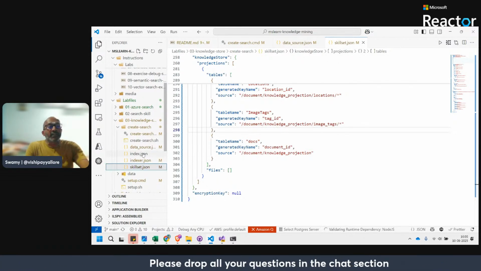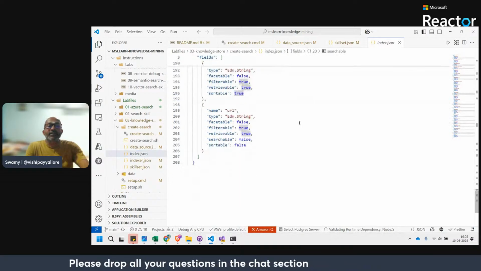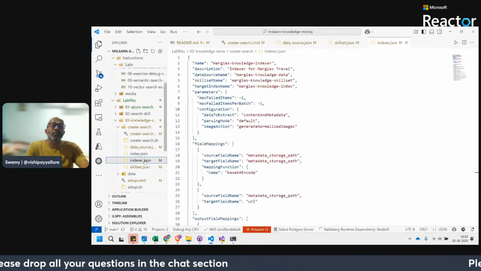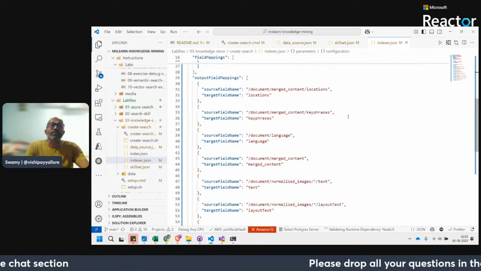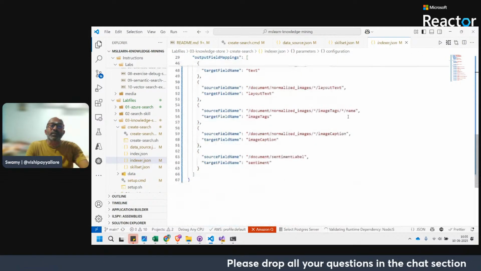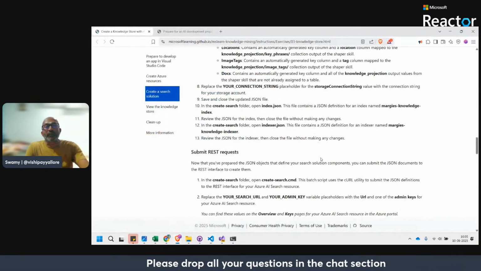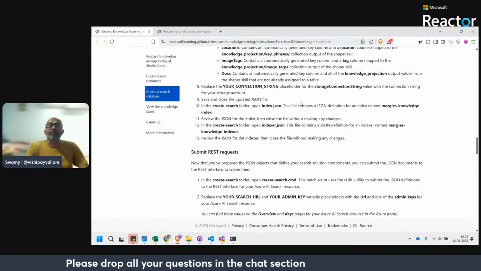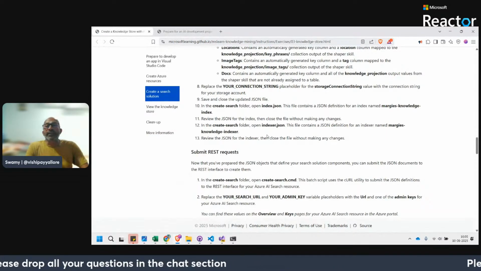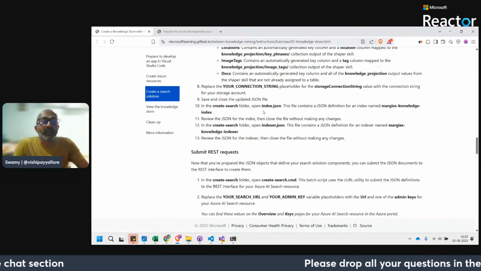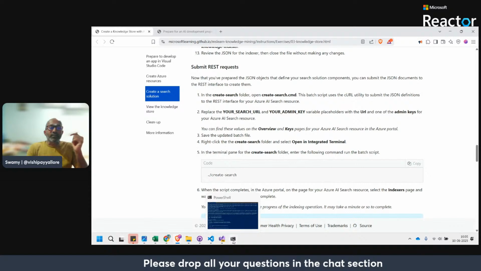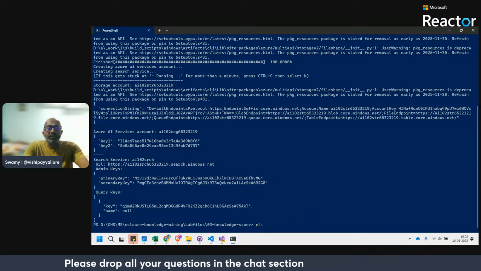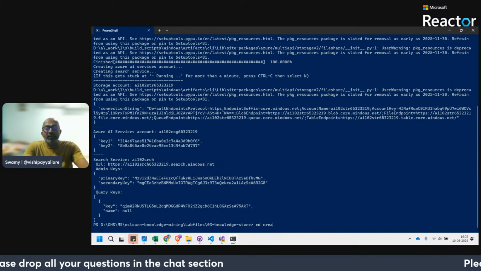Now if you can see the index, the same one, nothing to modify. And in the indexer also, I don't think there's something we need to modify. We don't need to modify anything in either the index or the indexer, except the names are a little different. So then what we will do is we'll go into the folder and we'll execute a command. So cd create,